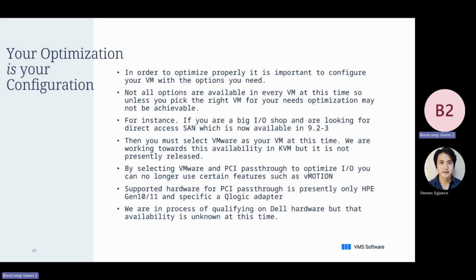So for instance, if you're a big IO shop and you're looking for direct access SAN, which we're all excited about, 923 is going to introduce PCI pass-through. So if you're a big IO shop, you're going to be like, hey, all right, now I can actually zone my beautiful SAN directly to my HBAs that I can put in a hypervisor box. Just dedicate them out. Great, I've got direct access SAN. Everybody gets excited about that. The only sad part about that is at the moment,